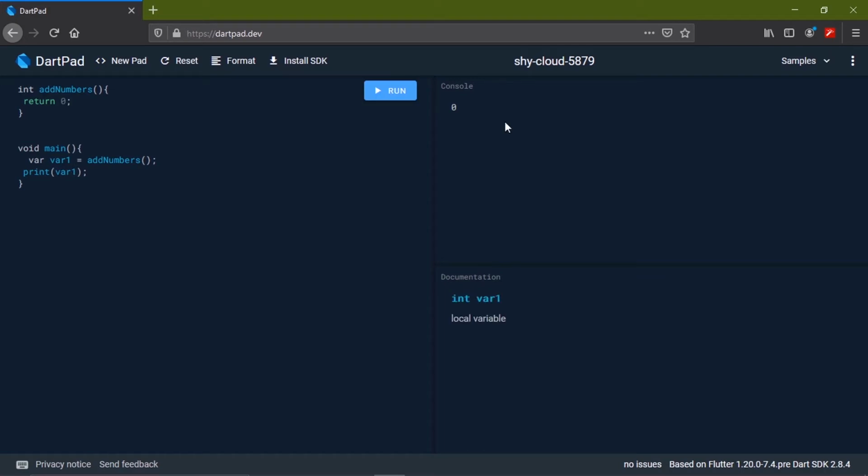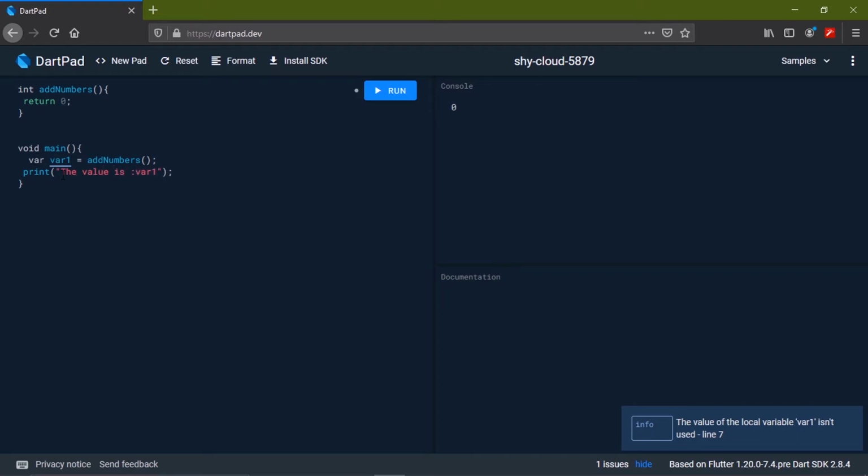Let's say you are willing to print some text along with the value. You want to make your console display that the value is, and then display the value. So you are going to print some series of strings. In order to make your print function understand that you're willing to print some strings, you can make use of a pair of double quotes, and then some text inside: "The value is,"